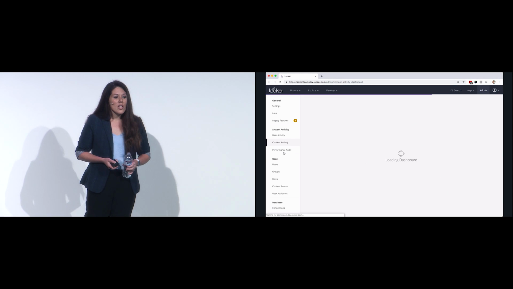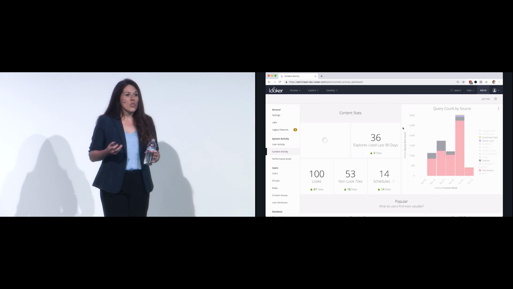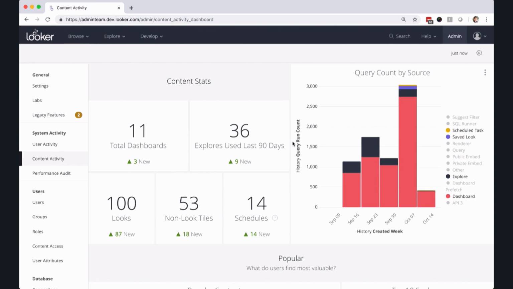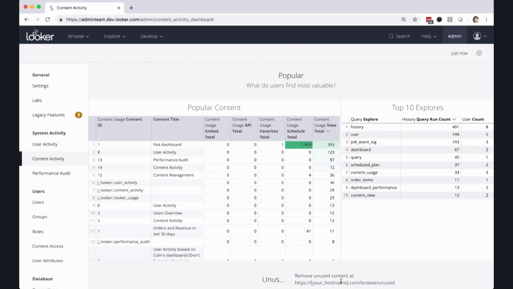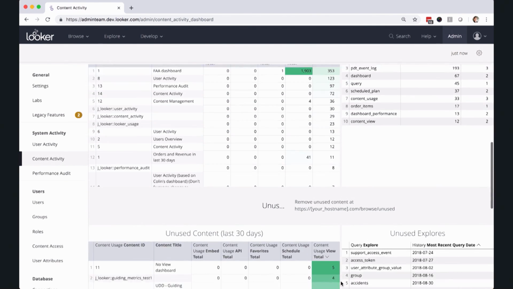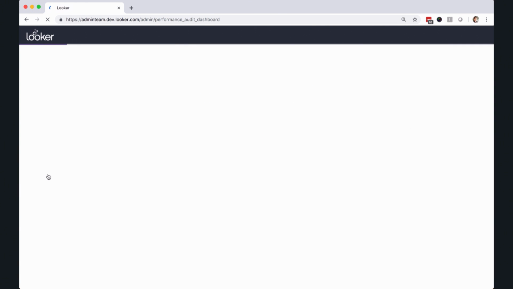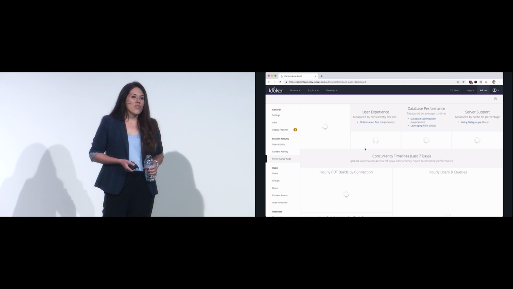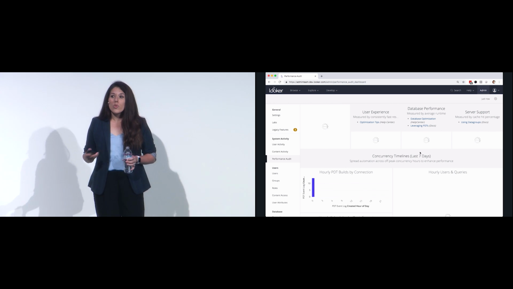So this dashboard will tell you about your looks and dashboards and schedules, all of the stuff that your users are building. I can see here 87 new looks were recently created. I might want to drill in there and see what cool stuff my users are building. I can see popular content and also unused content. Unused stuff is stuff I might want to consider cleaning up or potentially providing training to my users to get them more engaged. And finally, the performance audit will give you a high-level view of how smoothly things are running